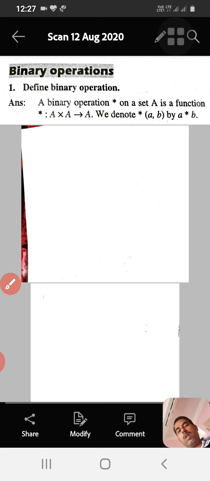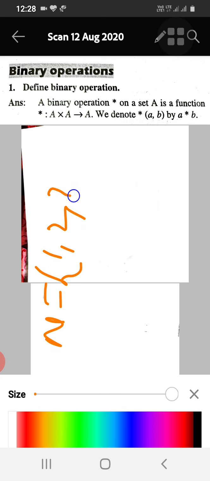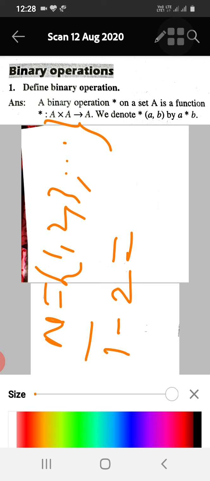Then let me take another example and test it here. Same set, I will be taking natural numbers, say 1, 2, 3. Now I will take minus, subtraction. So let us see what happens here. I will consider 1 and 2. So 1 minus 2, I will be getting minus 1. It is not a natural number. If I subtract any two natural numbers, I will not always get a natural number. I got minus 1, and minus 1 does not belong to N.